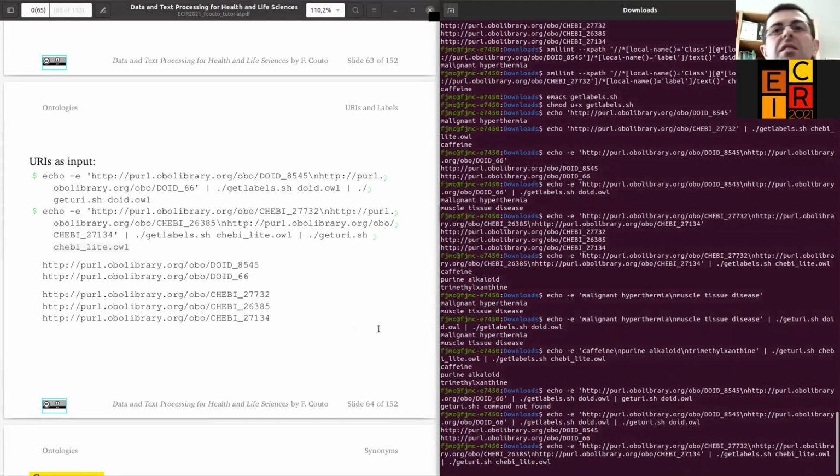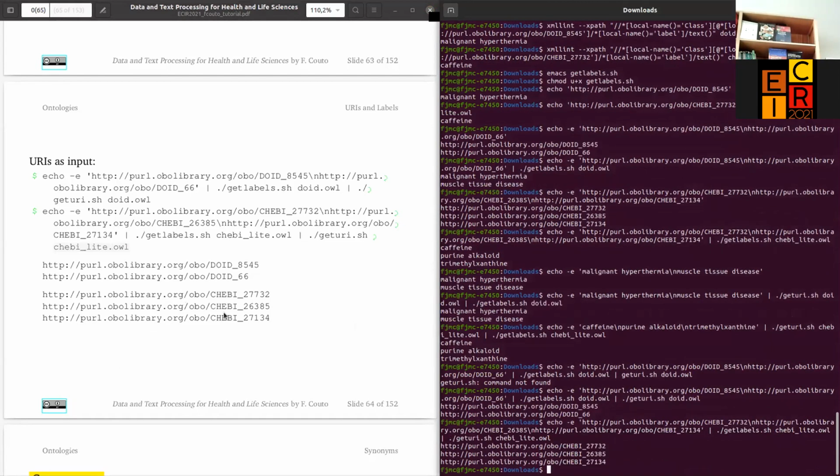Okay, this just takes a little longer, but we expect to have the same URLs that we give as input. Okay, there is a question here. Is it possible to get all the matching URIs given a partial-level search such as hyperthermia? Yes, it's possible, but you have to make